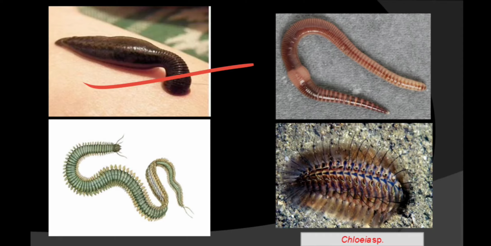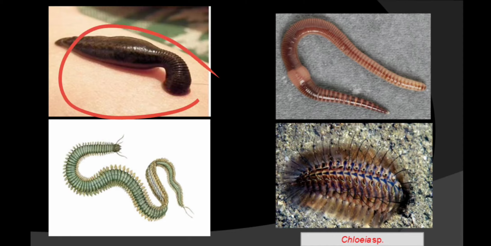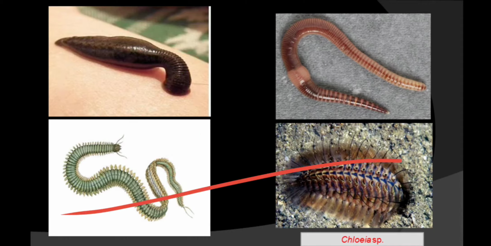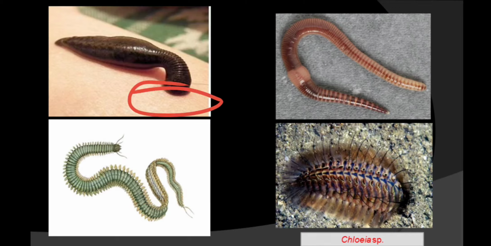So it is sanguivorous and it has a suctorial type of mouth, and suckers are present on both ends, on the posterior as well as on the anterior end. And you know that this animal secretes an enzyme called hirudin. Hirudin is an anticoagulant which is found in the salivary gland of the leech. So it prevents blood clotting.